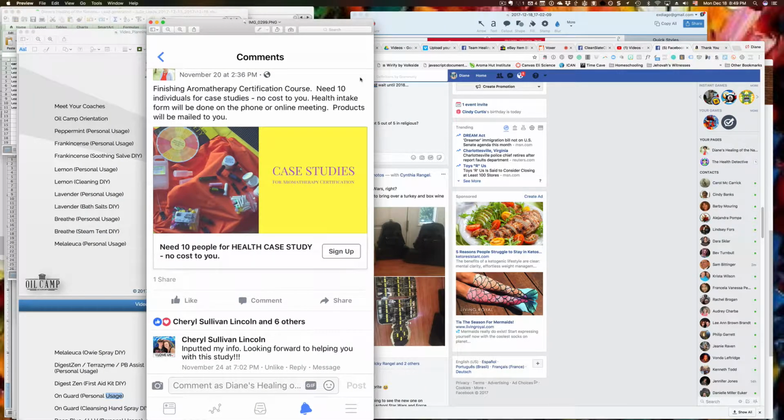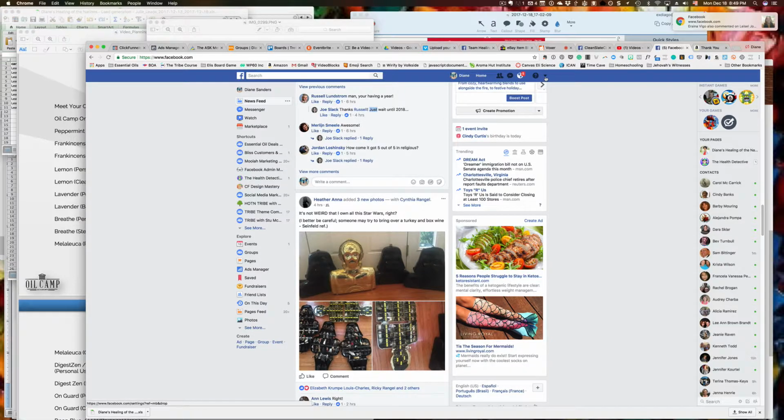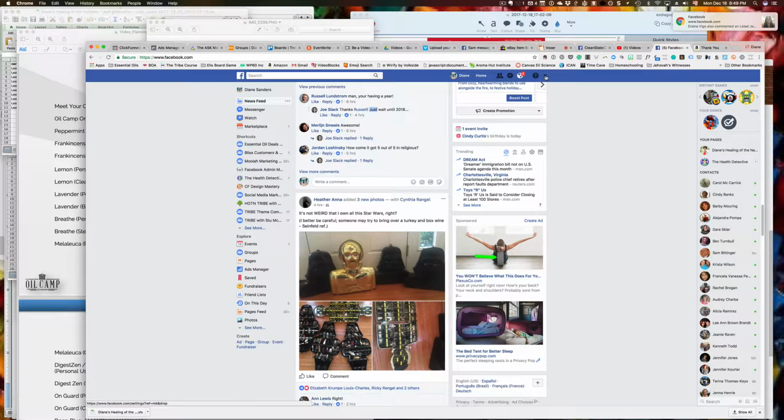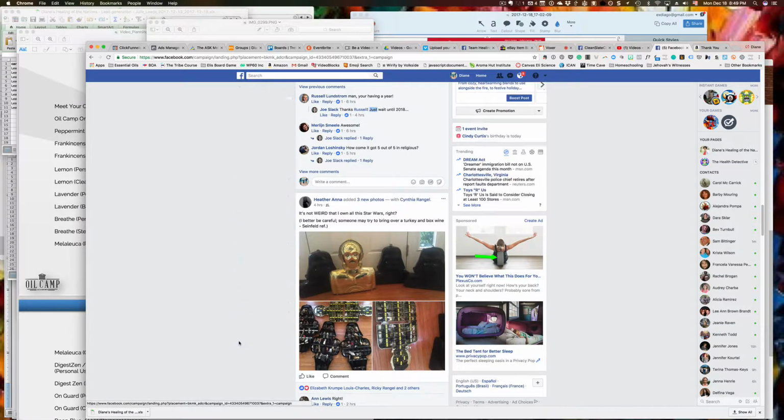So the next thing I did was to come over to Facebook, and here this is my home page. If you see this little arrow over here, we're going to go to create an ad. You can either go down this arrow where it says create ads. You might have something on the side here, this is your home page, not the one with your name on it. Then down here you'll see something that also says create ad. So you can do either one of those. I would click on that,